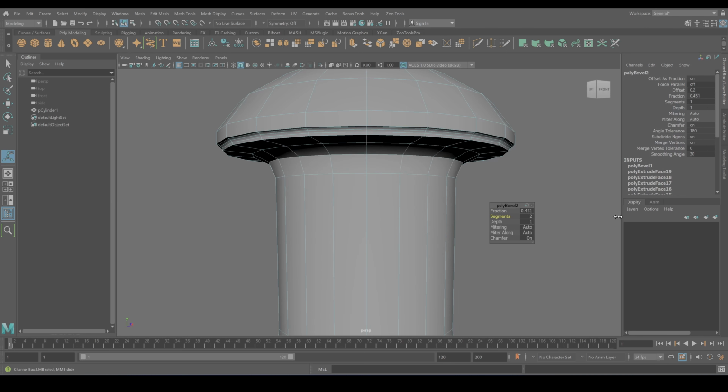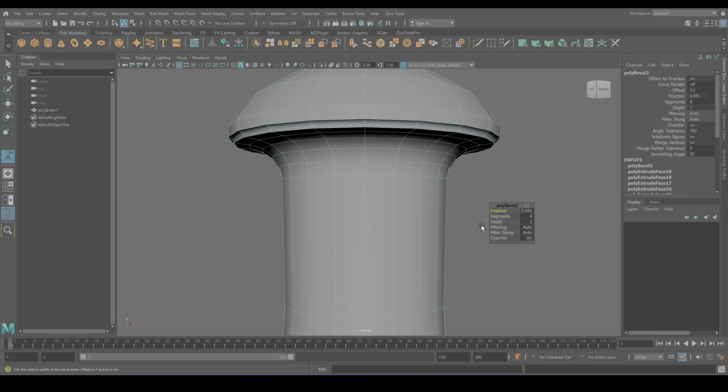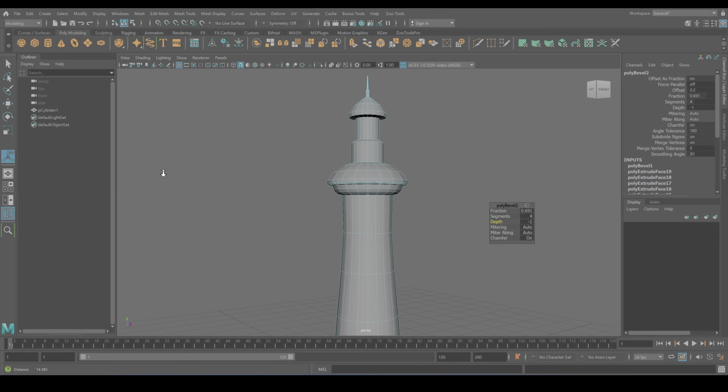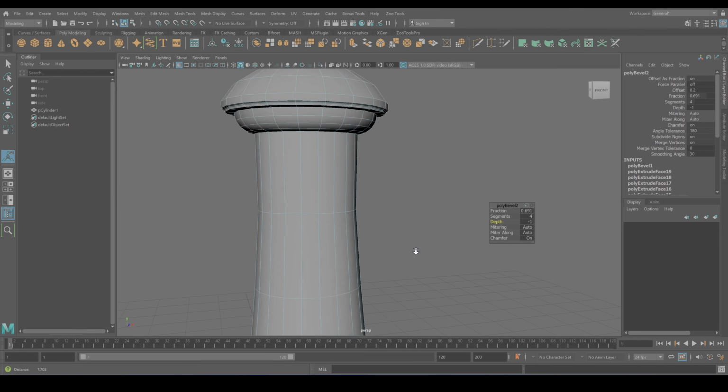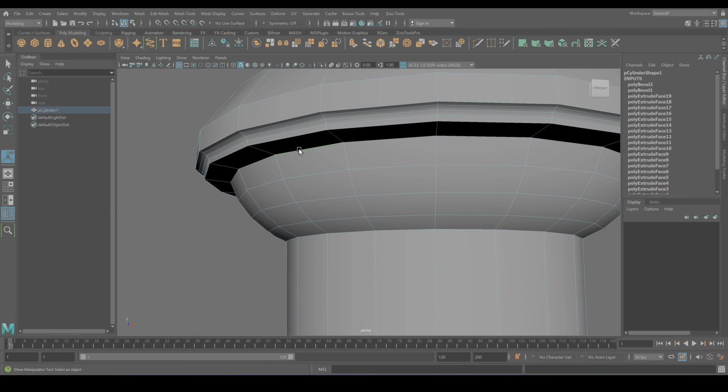That's okay. Let's increase the segments. Bit of a negative direction. Select the edge flow.